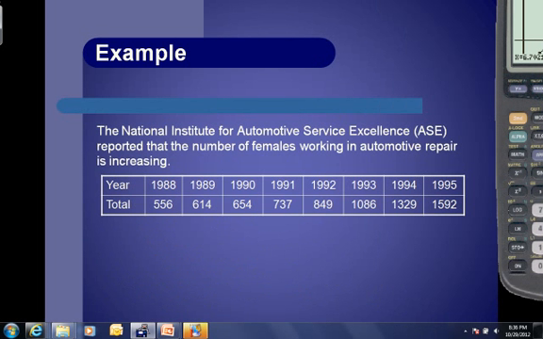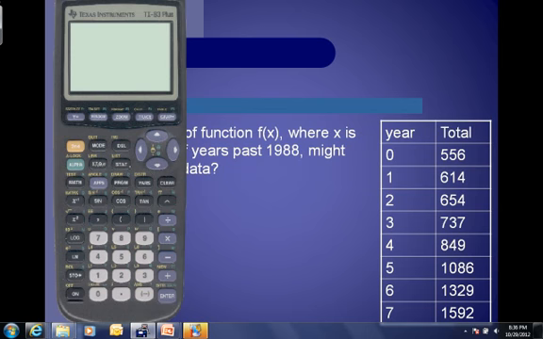Okay, last example. The National Institute for Automotive Service Excellence reported that the number of females working in automotive repair is increasing. Here's the data that represents the year that they did the survey and the total number of females working in automotive repair. We're going to go to Stat, number 1 to Edit. So we're going to have 0, 1 through 7. And then the Y values, we're going to have 556, 614,